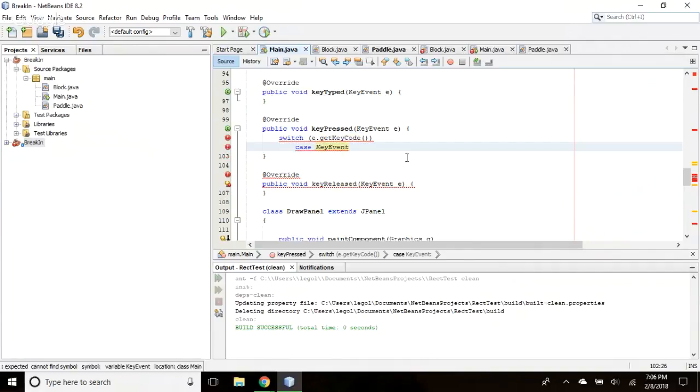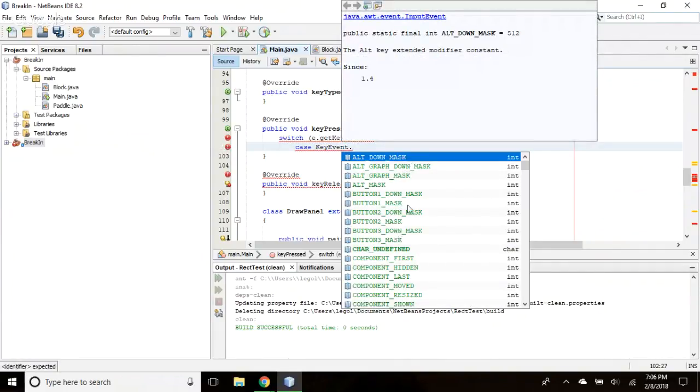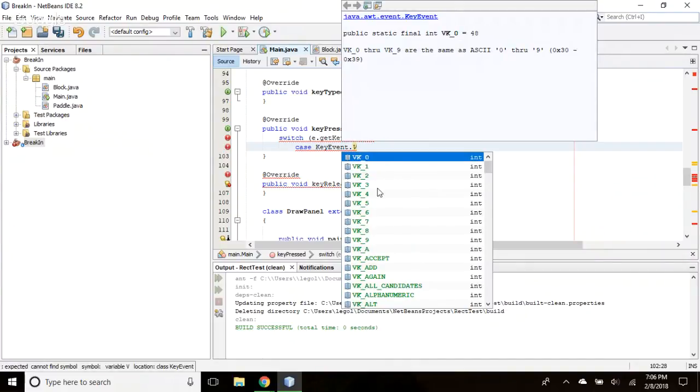That's the type. Dot VK left. Type V as in Victor. VK left. There's a lot of keys in there. Underscore